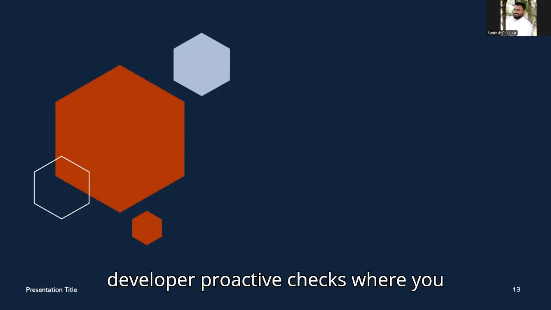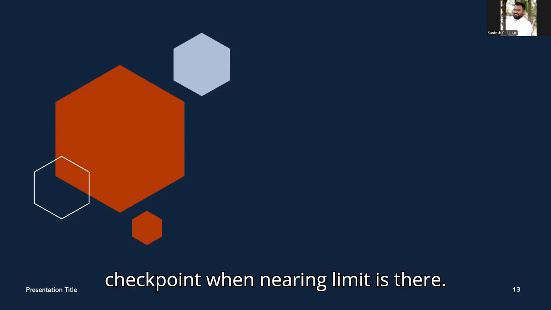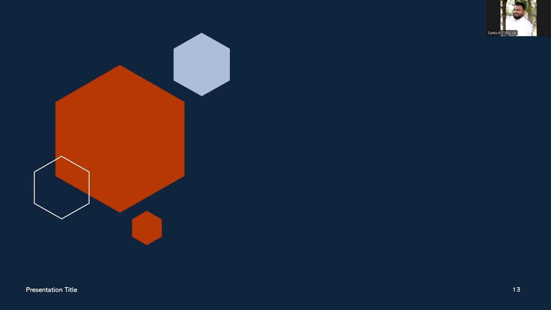Layer 2 is developer proactive checks, where you can use the selector pattern and you can have a guard checkpoint when a nearing limit is there. The third layer is about architect telemetry, where you can log all the guard checkpoints into one